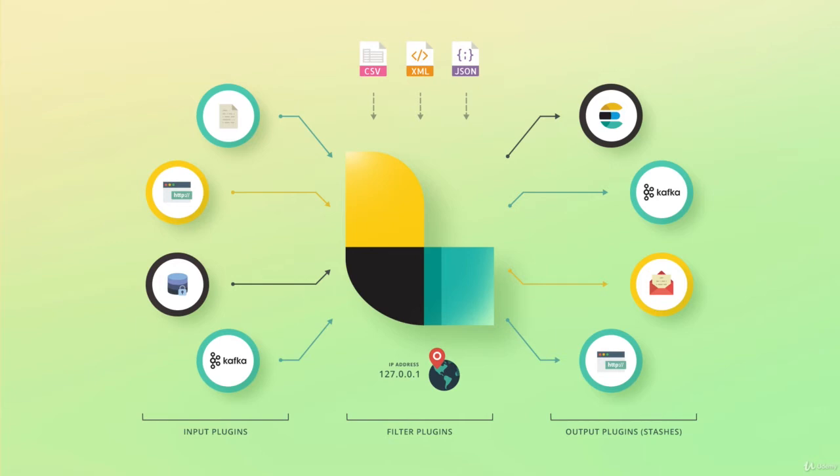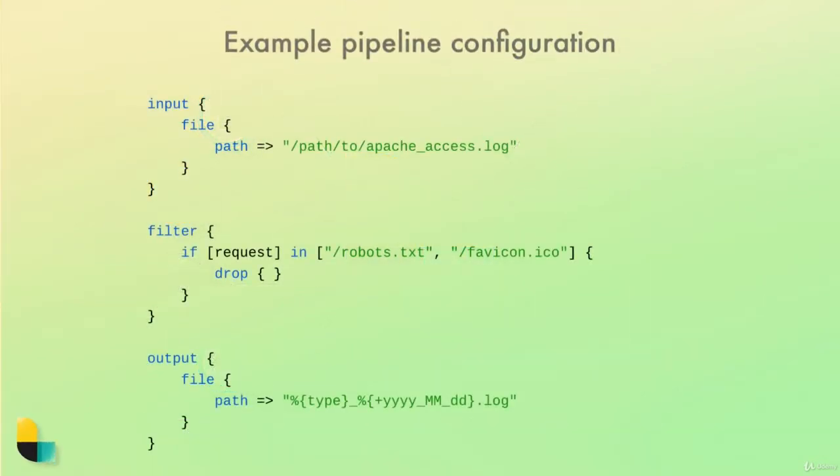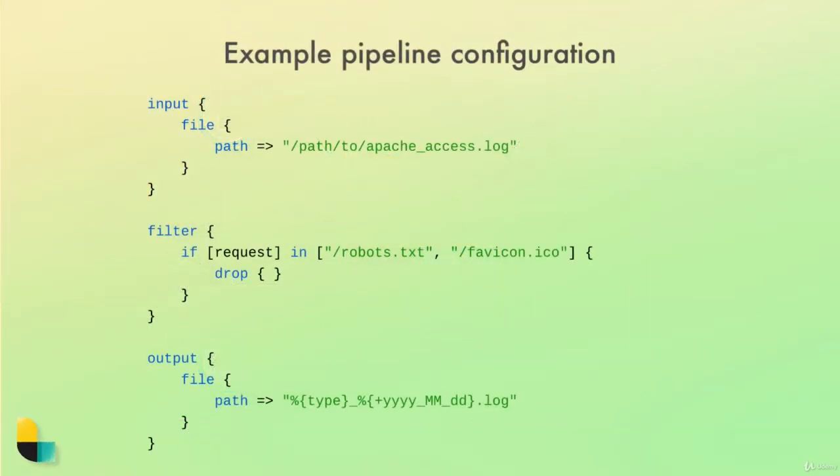horizontally scalable. A Logstash pipeline is defined in a proprietary markup format that's similar to JSON. It's not only a markup language, however, as we can also add conditional statements and make a pipeline dynamic. Let's go through a simple example before moving on to other components of the Elastic Stack.